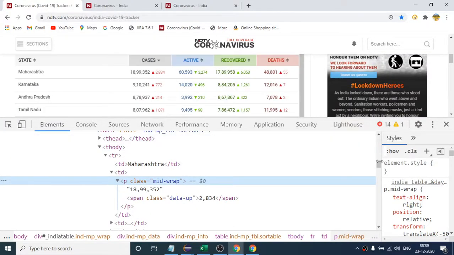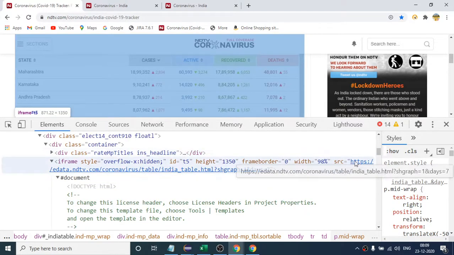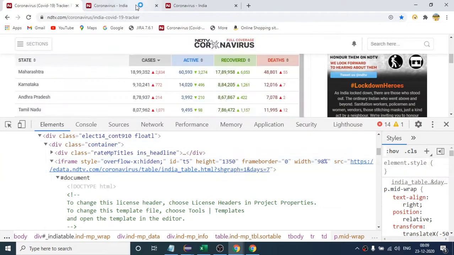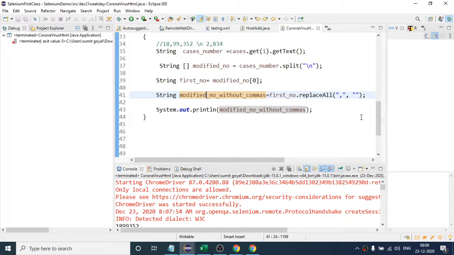This whole thing is present inside one iframe. Inside that iframe itself, they have defined this link, so from here I got it. I got it, thanks. Basically, because this website is taking more time, to save time I have taken this. Otherwise, you can work on that website only.